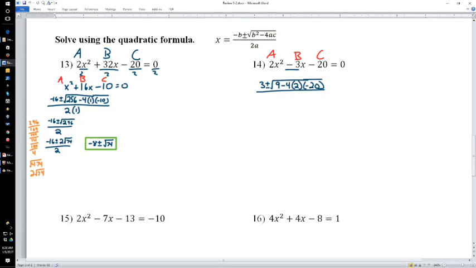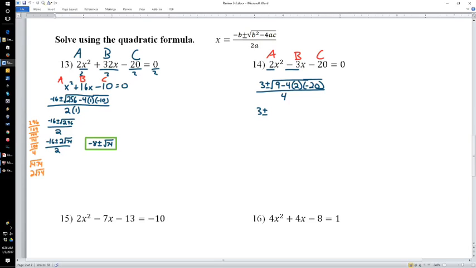All over 2 times a, which is 2 times 2, which is 4. Again, I'm skipping a few steps. I'm not writing everything down, just kind of plugging through it. All right, so we got 3 plus or minus